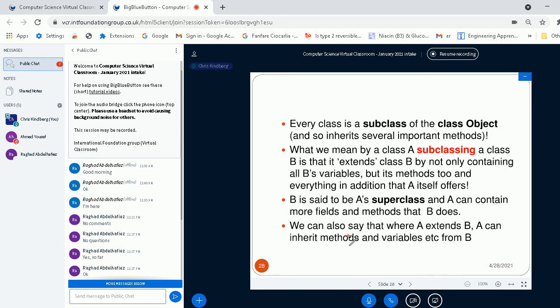The only exception to that is that if B contains variables marked as being private, then A can't use those variables directly, but it will probably have to use one of B's methods that have been marked as public to access the variable in B that's been marked as private.